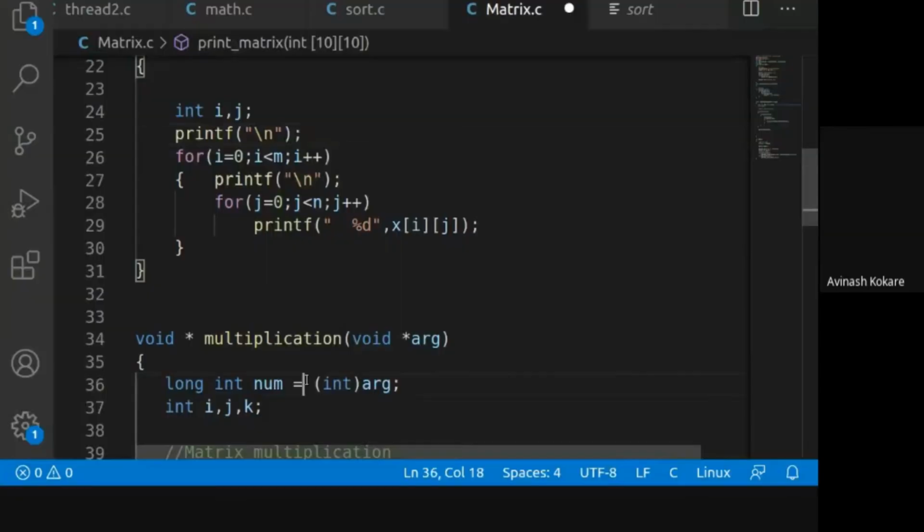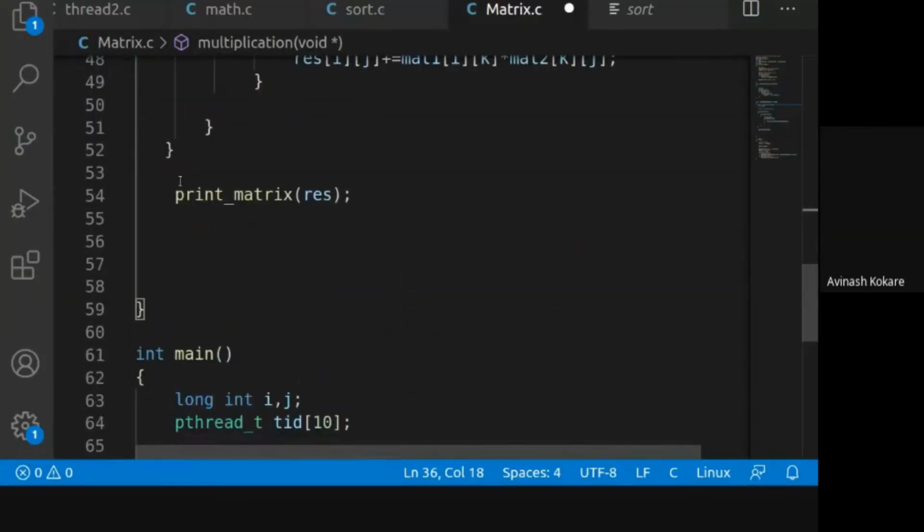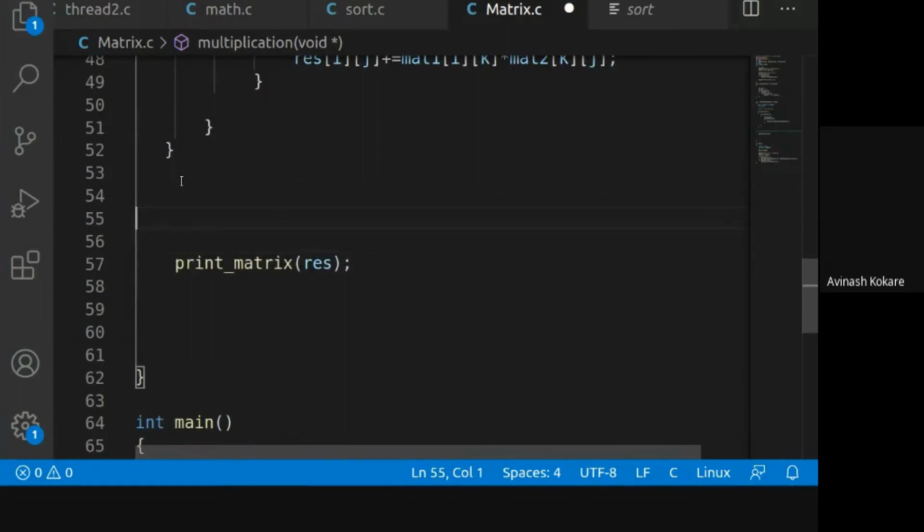And while printing the result, you should also print one message saying which thread is printing this value. So printf. I will explain it one more time when we complete this code, so don't worry if you have joined in between.